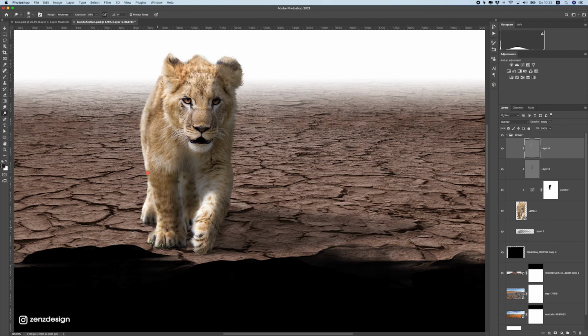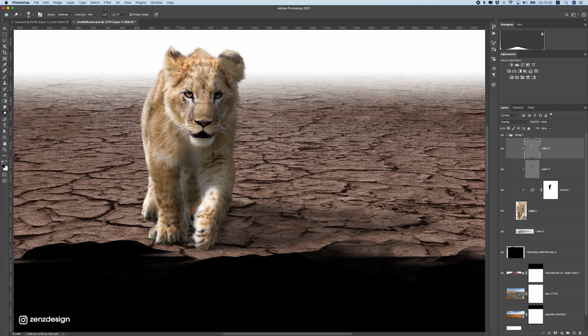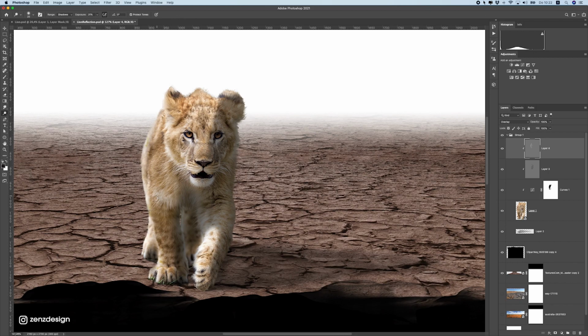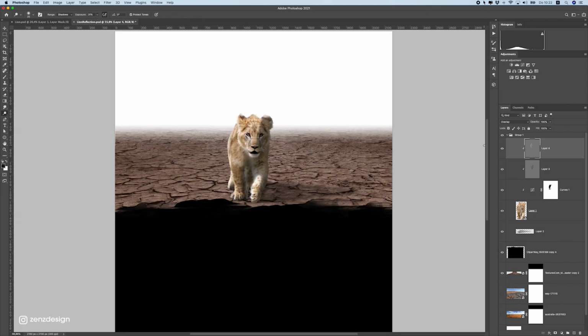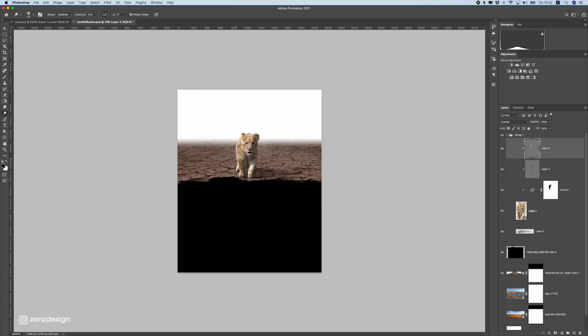Just brush a bit and don't do too much, so you don't ruin the image. If something gets too white, you cannot recover it anymore. So make sure you still see the details. So this could be even less. Like that. Maybe a bit here. Maybe a bit here. I think this is fine, and you can see the difference. We get some nice highlights on the left side.